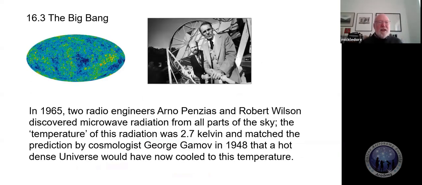I think we've explored the discovery of the microwave background radiation, but here's just a little bit of a reminder. A Russian cosmologist called George Gamow, who was very well renowned, said that if the Big Bang started off at this temperature and has been expanding for so long, it should now have reached a temperature of roughly 3 Kelvin. And the temperature of this radiation was found to be 2.7 Kelvin. Well, that's an excellent agreement. So, evidence for the hot, dense Big Bang.